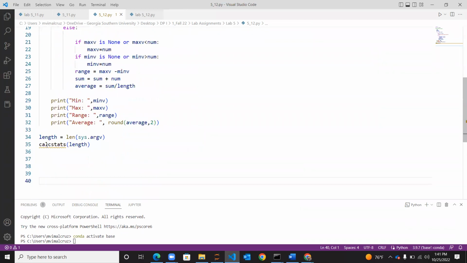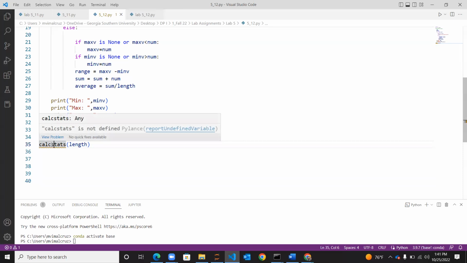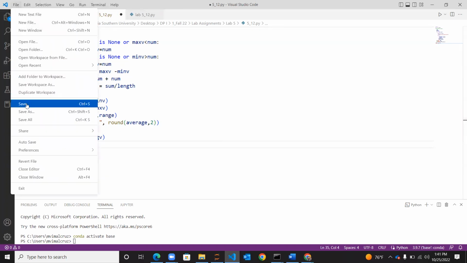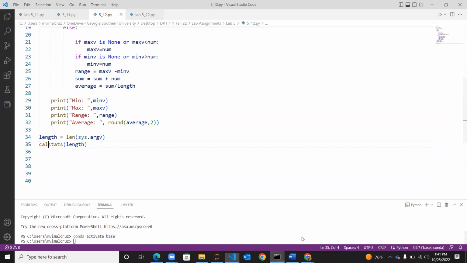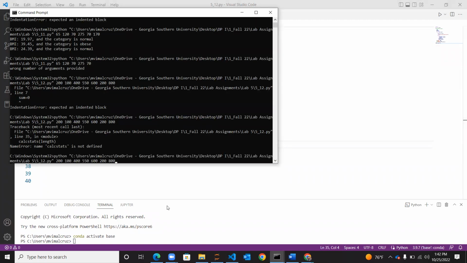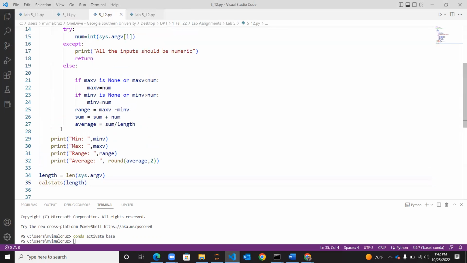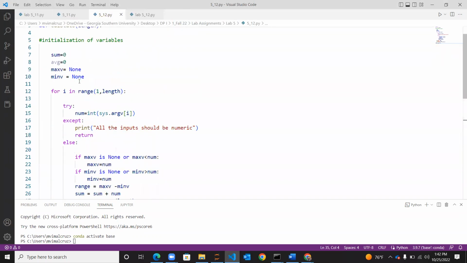Called stat. So sorry. There is no C. Range. Line number 12. Local variable range reference. So yeah, so that may create the problem. Okay. So